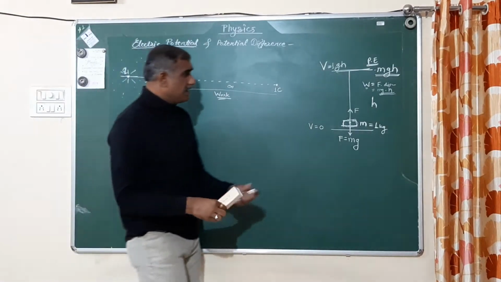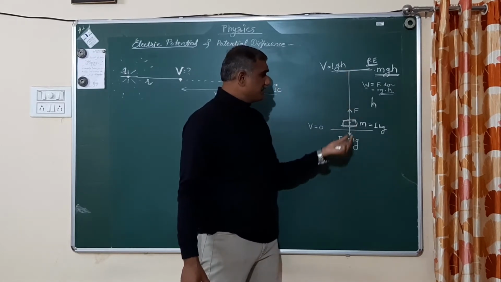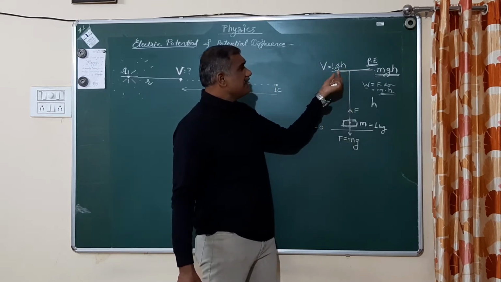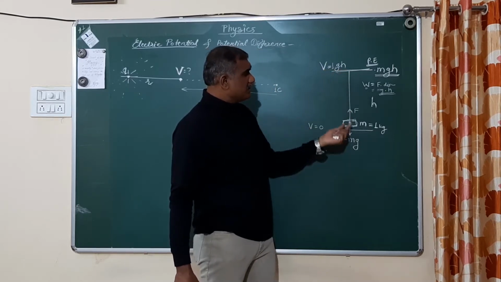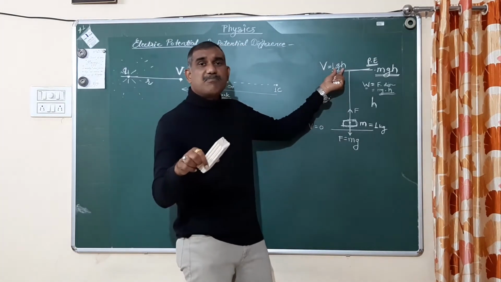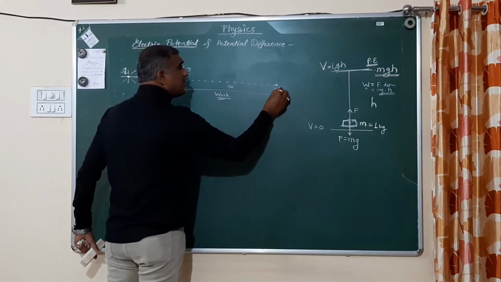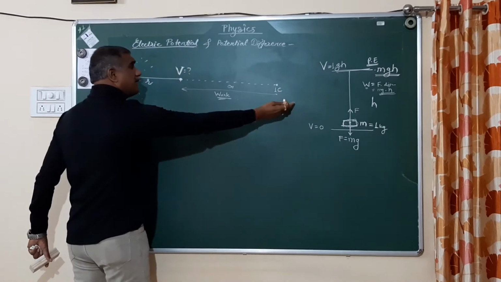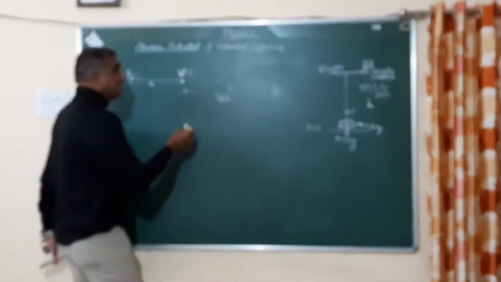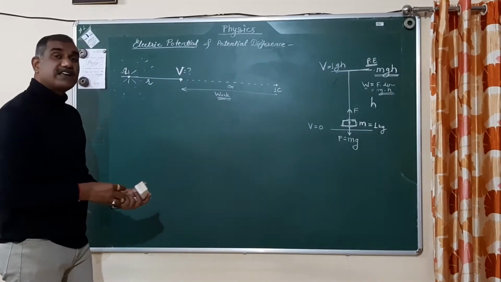Very simple. I put here 1 kg mass, and by applying a force in the opposite direction to the gravitational force, I lifted that duster to the height h. Then the potential at height h from this surface will be exactly equal to the work done to lift that duster of 1 kg through the height h. In the same way, if I put here 1 coulomb charge and move that charge from infinite distance to this point, I have to do some work, and that work will be stored in the form of potential, and that will be called an electric potential.